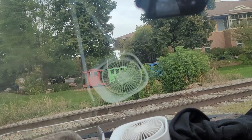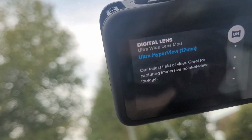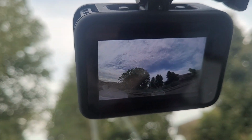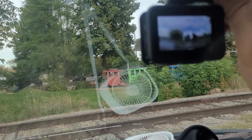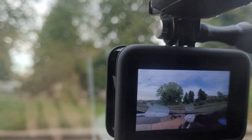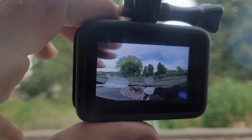And the reason I gotta do that is because I'm on ultra wide, the widest setting, and I don't want to record the bottom of the dashboard. I want everything in here. If I actually had it just sitting straight, as wide as it is, look at all the dashboard I pick up. I don't want that. I got all this dashboard, so I want to flip it up